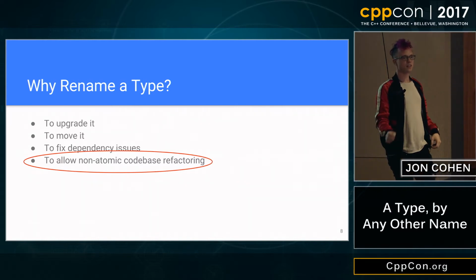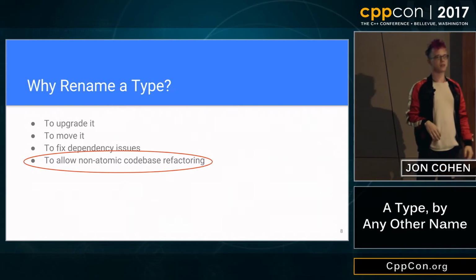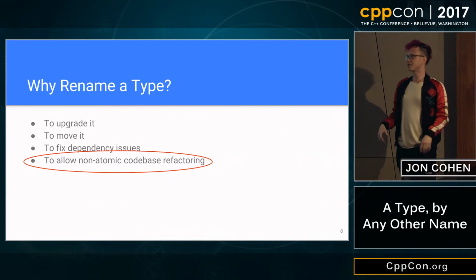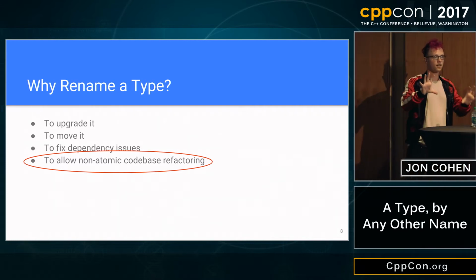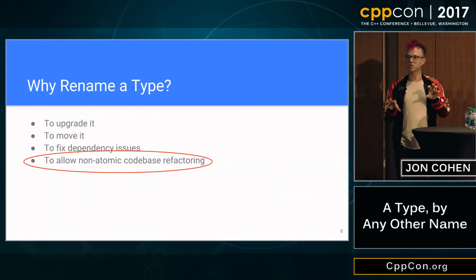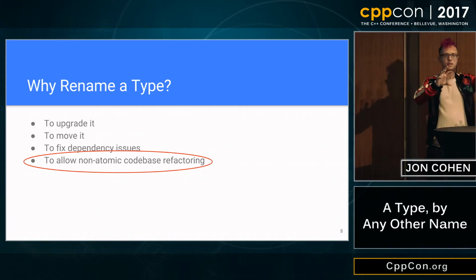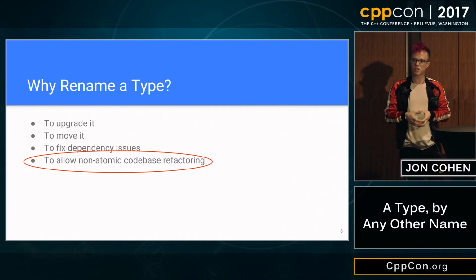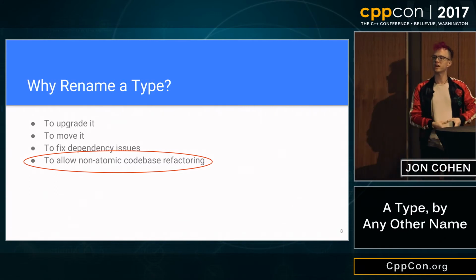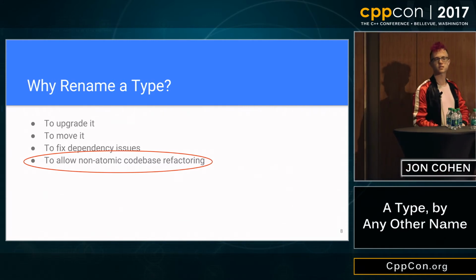And if you're able to do that, like great, you don't need to do non-atomic refactoring. If that works for you, perfect, it's a lot easier. But often, non-atomic refactoring, taking this large change and structuring it in a way that you can make the change piece by piece by piece in smaller, more self-contained chunks, is a much more sane way of actually executing these kinds of large reorganizations and refactorings of code bases.